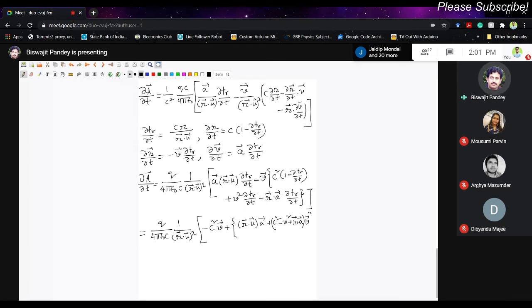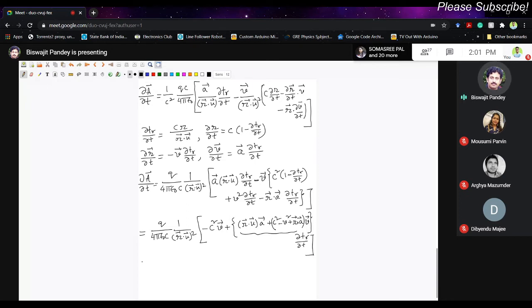Then out of this second bracket, del t r del t is multiplied with all these terms, right? Del t r del t, del t r del t. Then close the third bracket, right? This is the correct expression, you can check it. Yes, this is correct. And now we should substitute the expression for del t r del t, which is this one, cr by r dot u. Okay, let us do that.